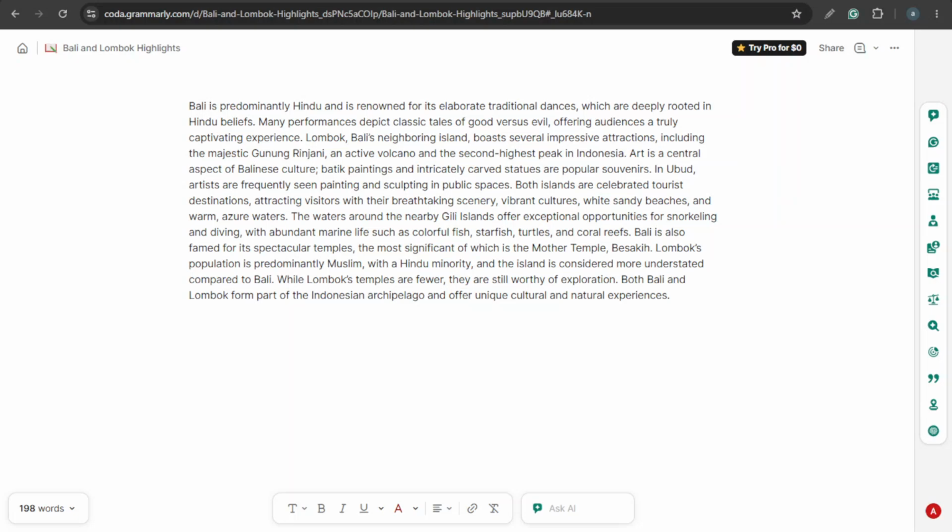This quick tutorial will show you exactly how to avoid plagiarism in Grammarly. Whether you are a student, a professional writer, or anyone keen on ensuring the originality of your work, Grammarly's plagiarism detection feature can be a reliable tool. Today, I'll guide you through the steps to use this feature effectively, ensuring your writing remains unique and free from